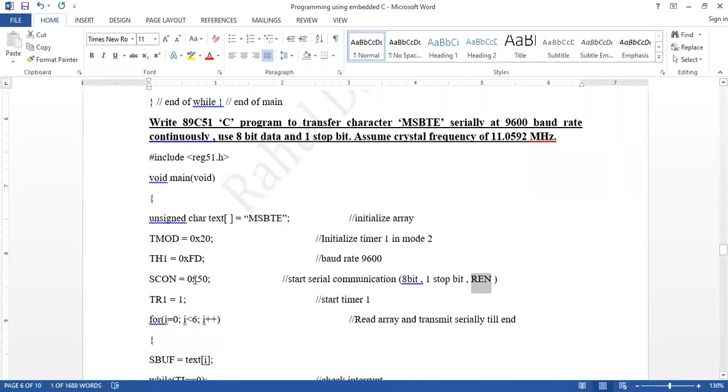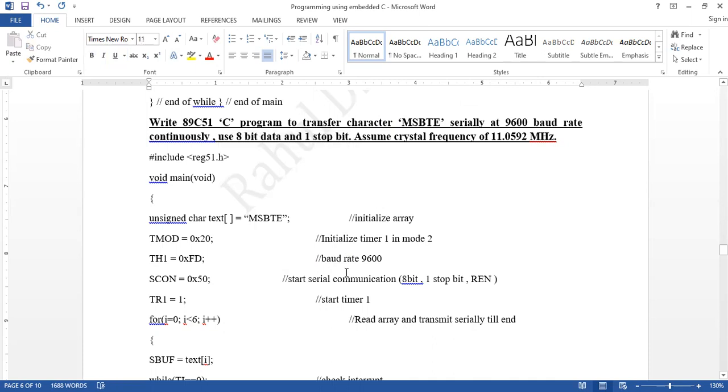So 0x50 is loaded in the SCON register. For serial communication we have loaded SCON with 0x50, because here we select the mode by using SCON. SCON is equal to 0x50 because in the program it is given that use 8-bit data and one stop bit.